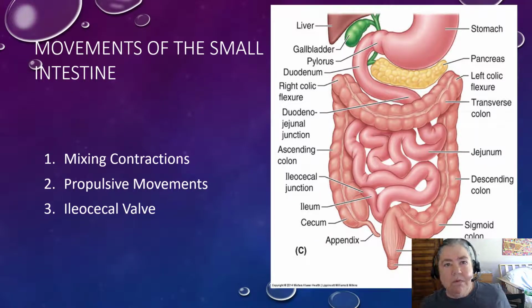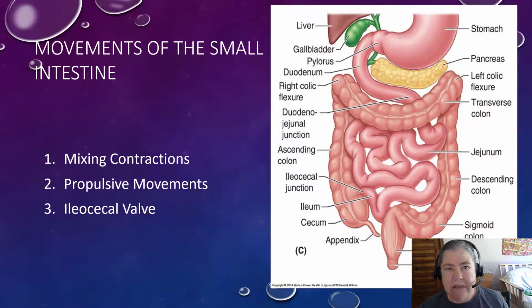And you remember the layers of the intestinal wall, and the classic layers with 2 layers of muscle are present in the small intestine since we've left the stomach. So there is longitudinal muscle and circular muscle. And that muscle allows the small intestine to mix the chyme and to propel the chyme forward until eventually it